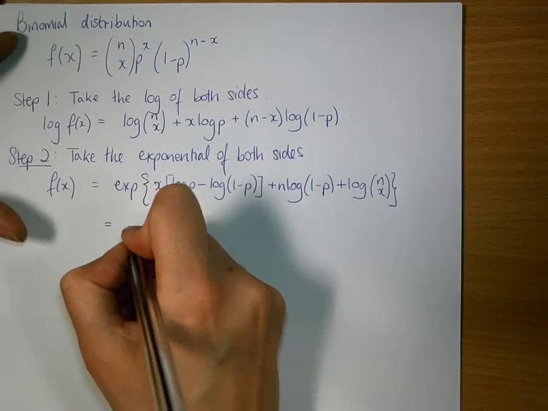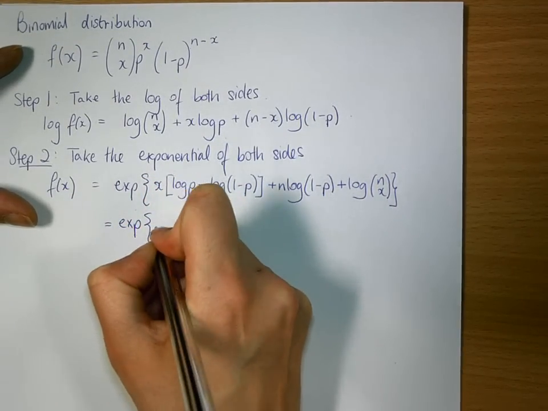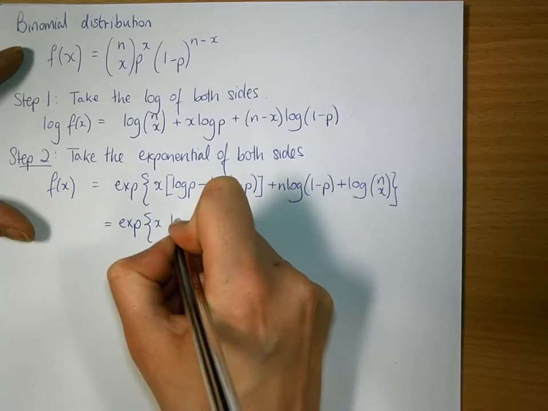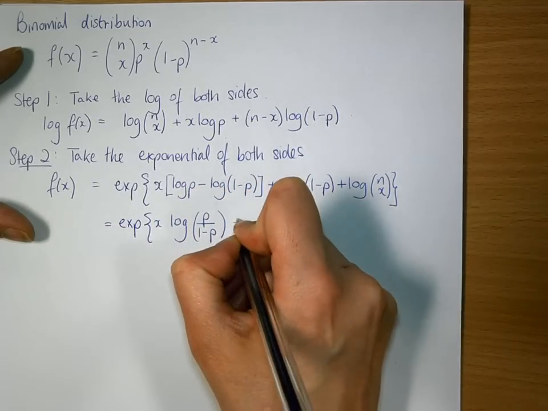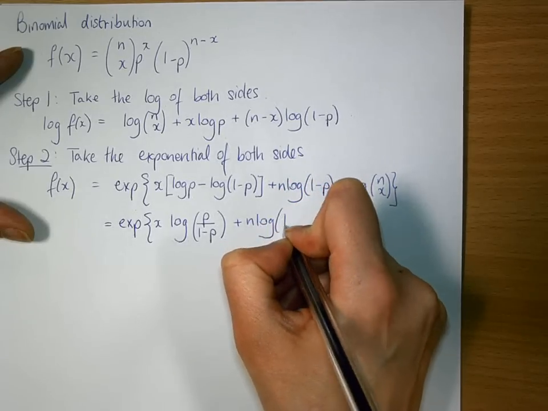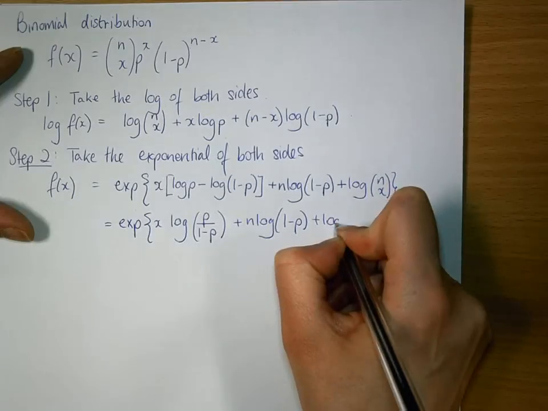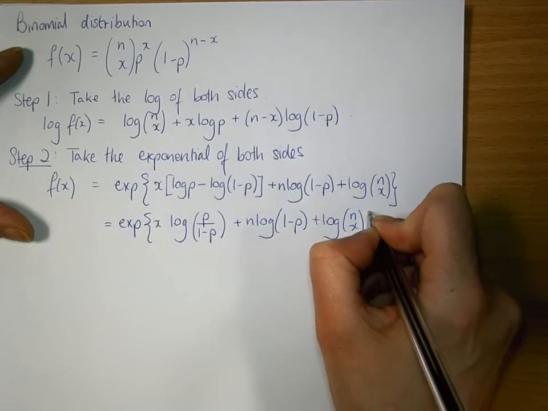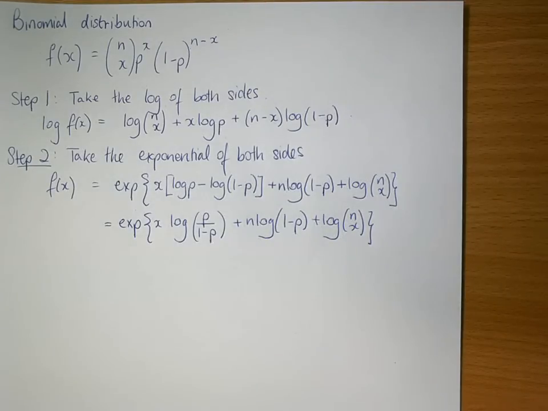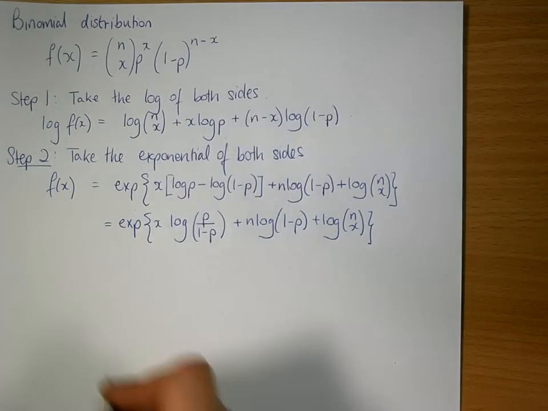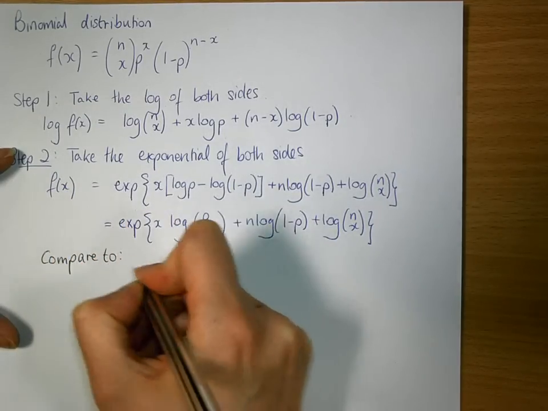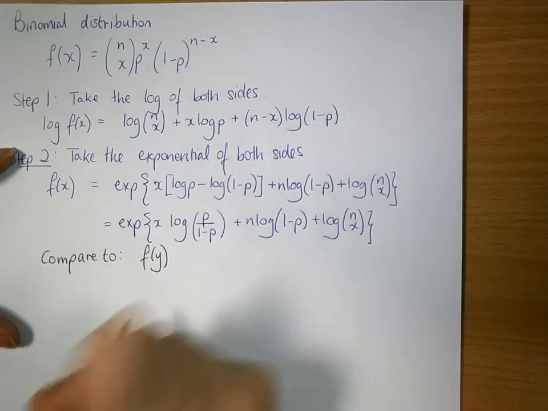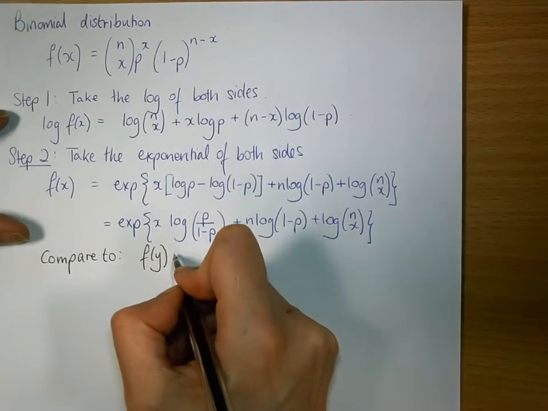A little bit more rearranging to make it look slightly nicer is exponential of x log of p divided by 1 minus p plus n log of 1 minus p plus log of n choose x. So now we want to think about what form we would like this to be in. So we compare it to f of y. I'm deliberately using a different variable name here as opposed to x,